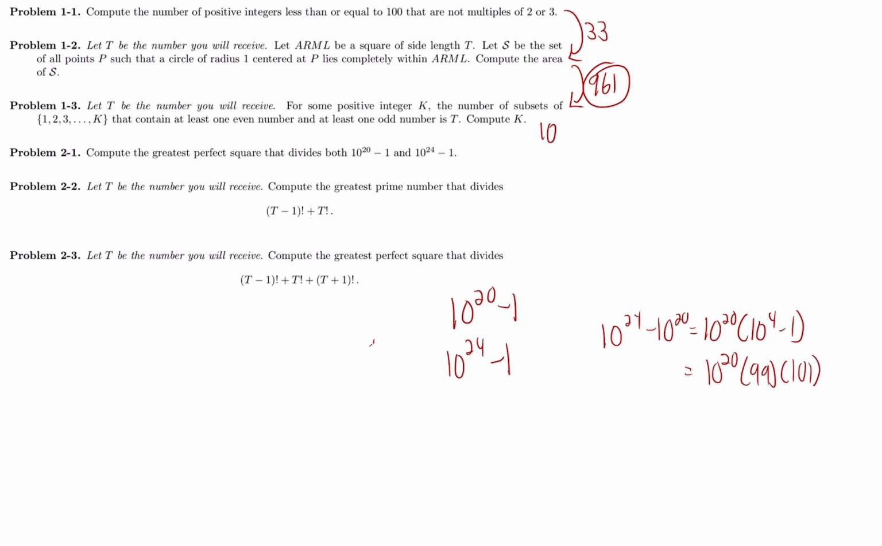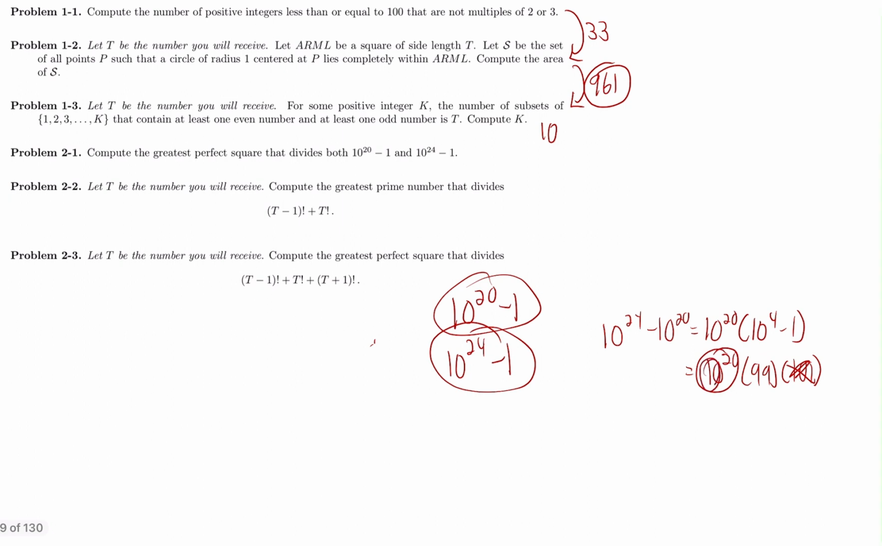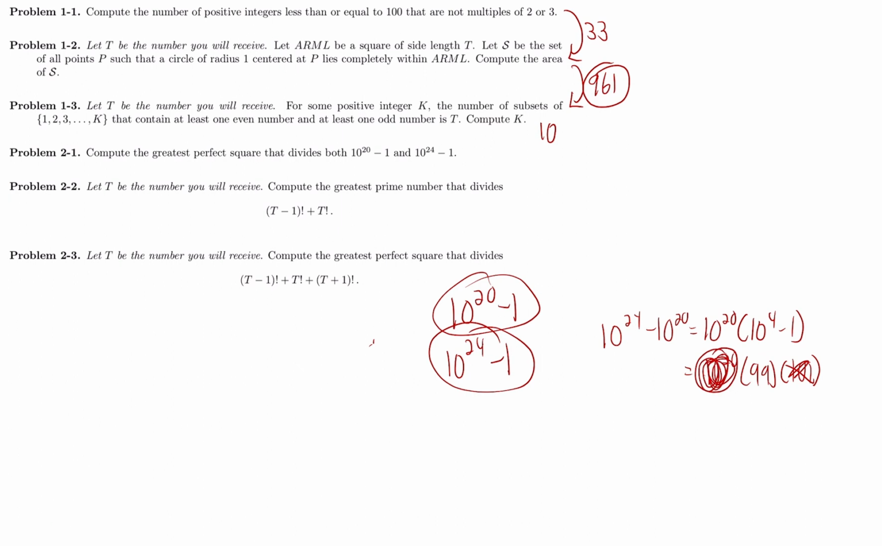So if we want the greatest perfect square that divides this, 101 is prime, there are no other factors of 101, so we can eliminate that. Also, we can see that n cannot have any factors of 2 and 5, because n divides both of these as well. So therefore, the answer is going to be 9, because